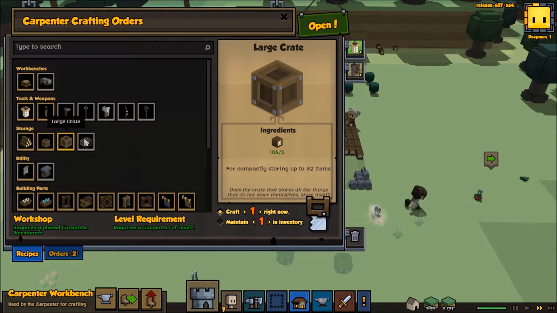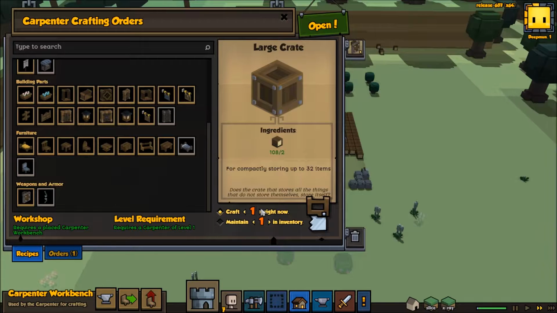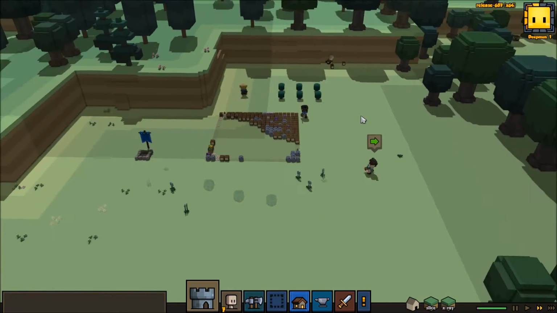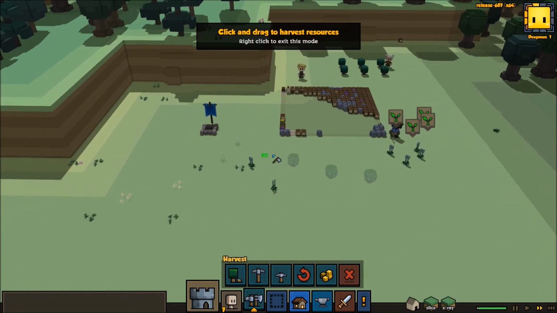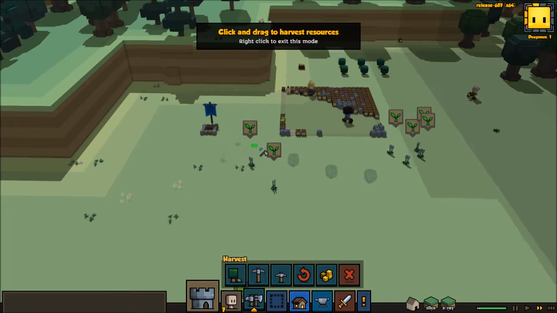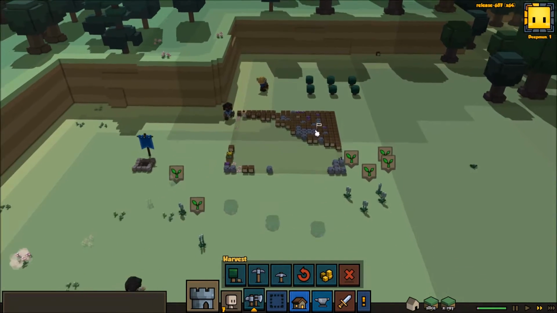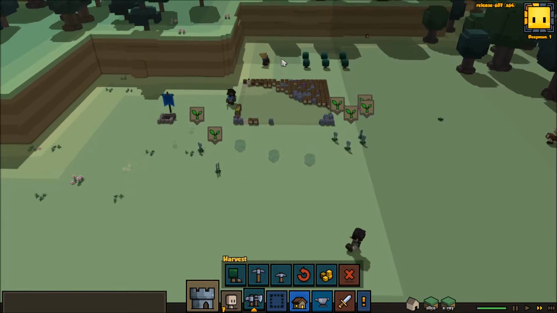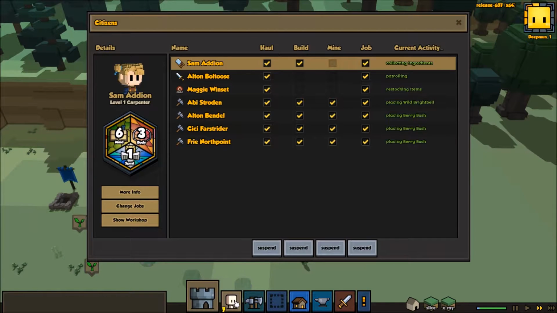How are we looking in here? We can make some of these large crates. That'll get us going at least a little bit. So we'll go ahead and make 5 of those, and they're going to equip the shield as well pretty soon. And while we're doing all this, we're also going to be making sure to keep this stuff harvested. That's the other big thing, because you can't really do a farm yet, because you don't have a farmer. So, but what we want to do,